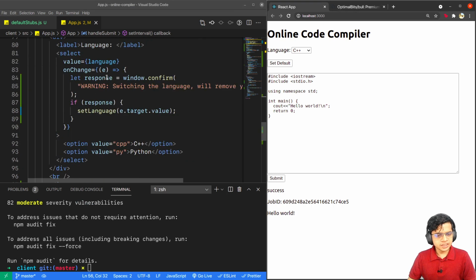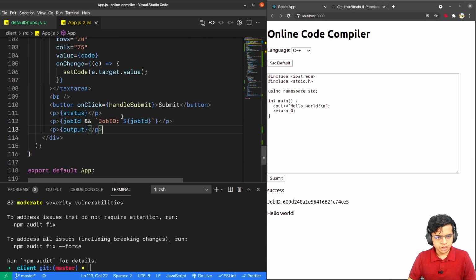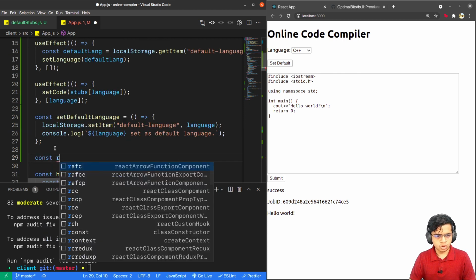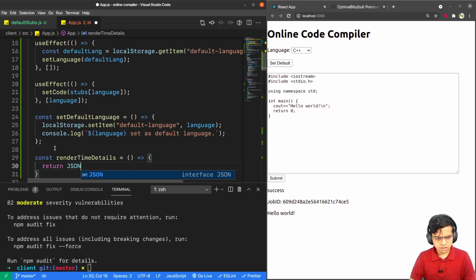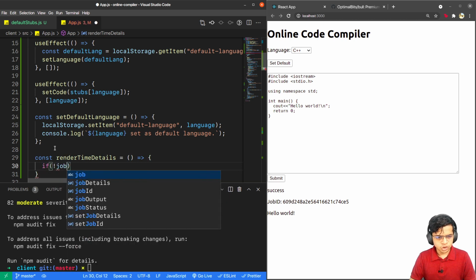Now to display this, I'll make a new paragraph tag here and make a function called renderTimeDetails. So const renderTimeDetails, and for now, we'll first check if job details exist.